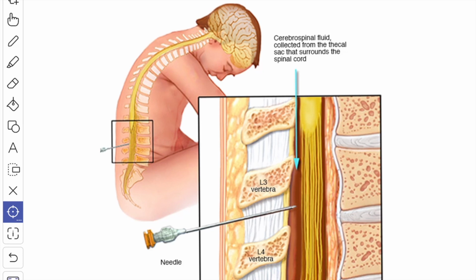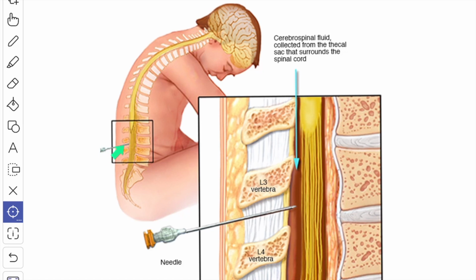The interspinal space between L3 and L4 is the most preferred site because in this region the subarachnoid space is more roomy and contains only the filum terminale and the roots of the lumbar, sacral and coccygeal nerves forming the cauda equina. During the procedure, the spine must be fully flexed. So the patient is either lying on one side or seated so that the interspinal spaces are opened up to their maximum extent and the lower end of the spinal cord is slightly raised.